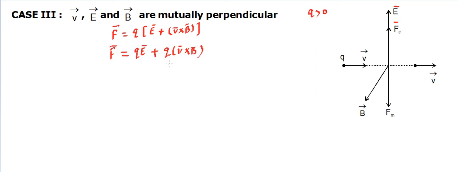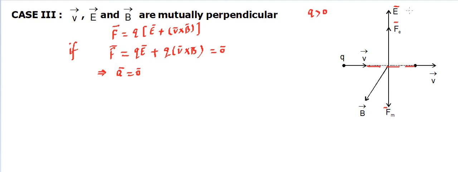Now if we consider the case in which they become equal, so you'll find they are going to have the same magnitude, and if they are equal and opposite, then this becomes zero. So what happens if the Lorentz force becomes zero? This is equal to zero vector. That means both the forces have equal magnitude and opposite directions. In that case, you'll find net force is zero, hence acceleration is going to be zero. Then the particle is not going to accelerate, neither is it going to deviate, rather it's going to move on a straight line.